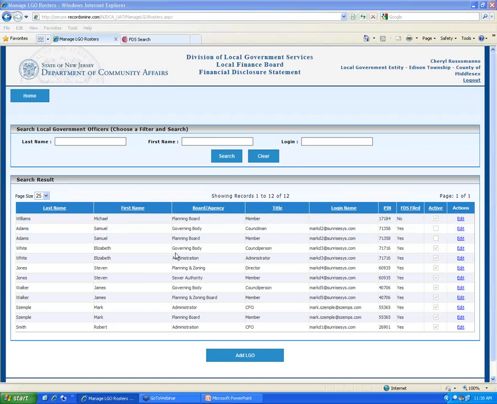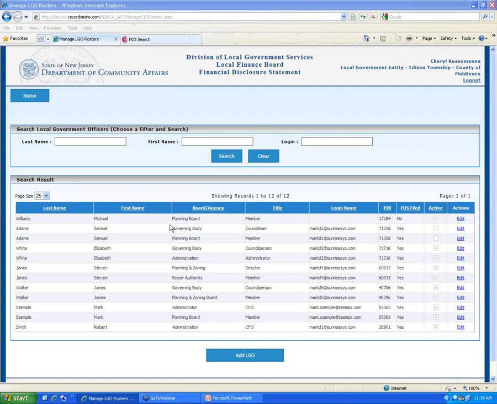If an FDS is based on the previous year, does an FDS have to be filed the following year if the individual is no longer holding the position or is no longer associated with the township? No, basically the years that the individual is associated with the township, those are the years they need to file, okay? But the information that they're filing is information from the previous year.